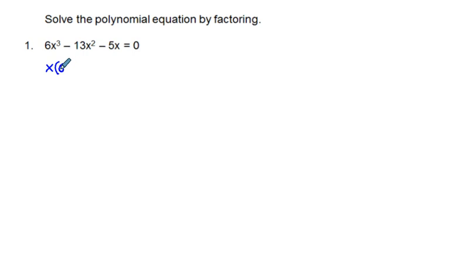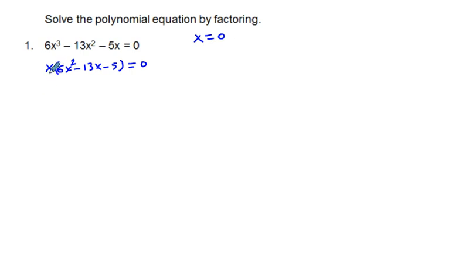It's going to be 6x squared, and minus 13x minus 5 is equal to 0. So we already know that x equals 0 is one of our solutions, because we set